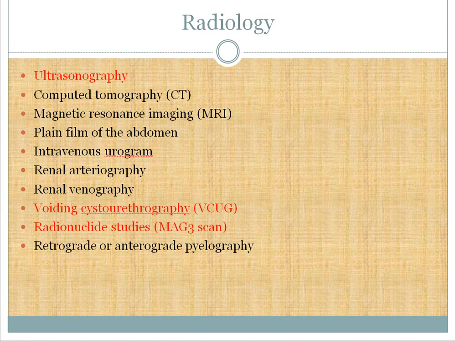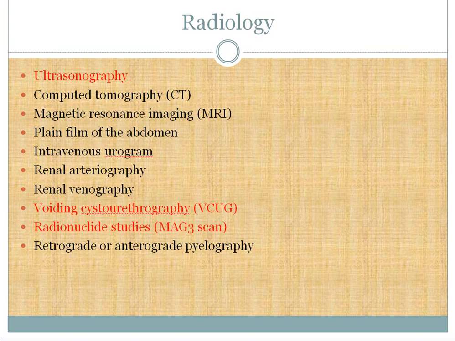So among the various different radiological studies that are available, the simple and basic one is ultrasonography. This is a very helpful and quick test, although in young kids it can be very challenging. It gives you a lot of information. Then you have CT scan without IV contrast, and magnetic resonance imaging, MRI. A plain film of the abdomen can tell you a lot of things, like constipation, which is one of the most common causes of repeated urinary tract infections in kids, and you can detect it on the plain film of the